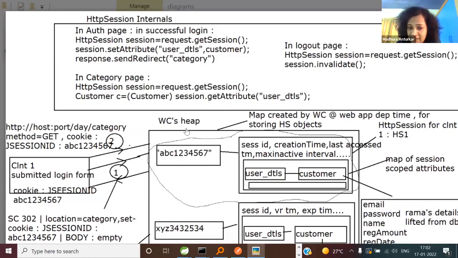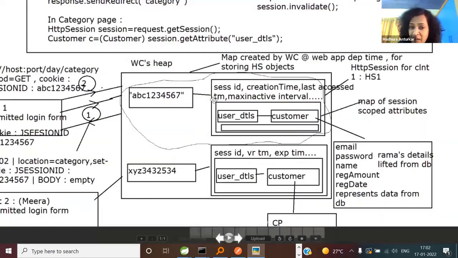Now see inside. Which map gets filled? This session scope attribute map gets filled. From our core Java, you know I have spent maximum time on the collection framework. So a map is a map of references. Does it hold references or actual objects, R or O?